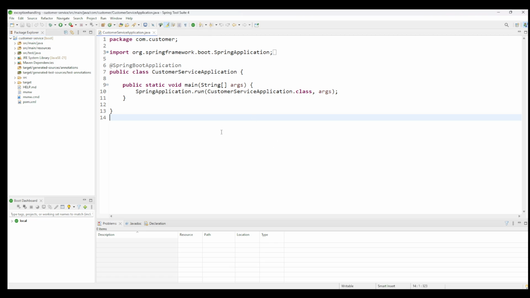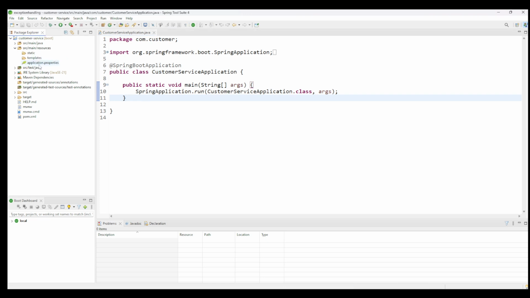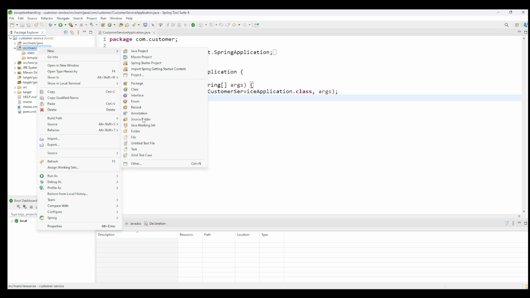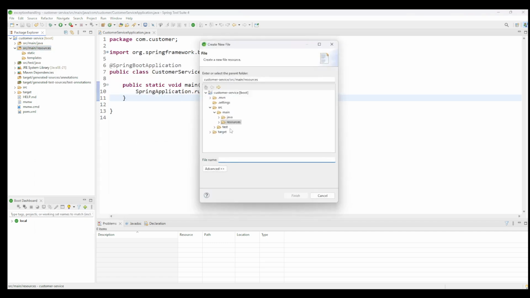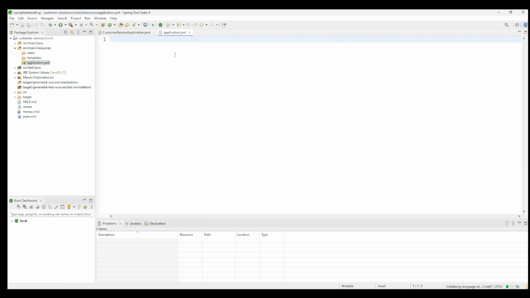Now let us create our actual application with Spring Boot 3 with some endpoints. We will add two GET endpoints, of which the first GET API will fetch all the customers from the H2 database. With the next API we will create a new customer in the database, and there will be one more API which will fetch the customer based on the ID. So let us do that. First we can create our application YAML file. So here we can give the name application.yaml, and here we can add,